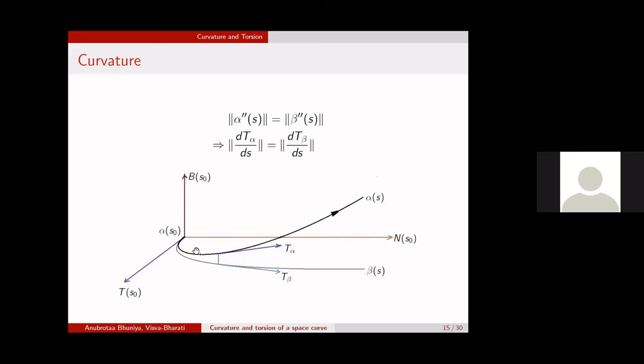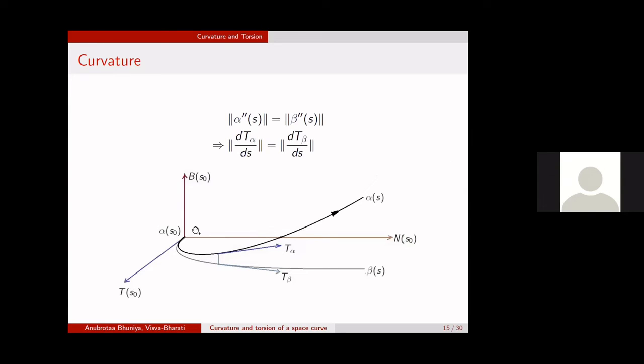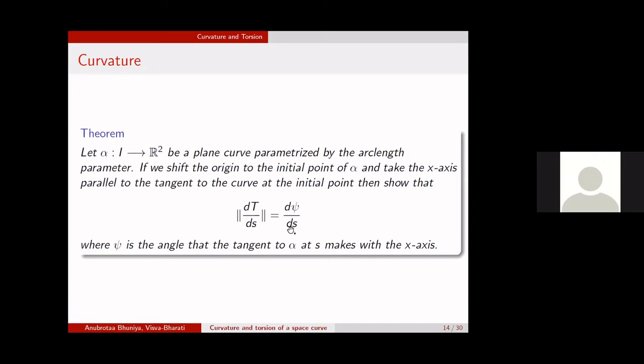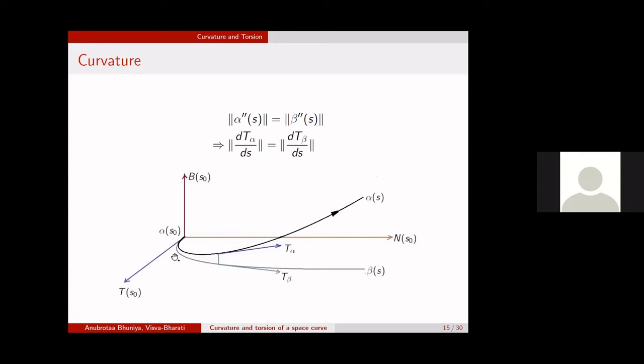Now we can prove a very interesting theorem: if we take any plane curve in R2, then in that plane, if we shift the x-axis to the initial tangent,